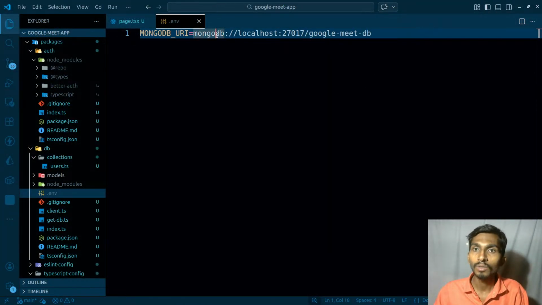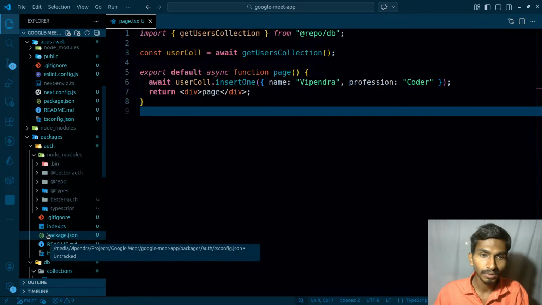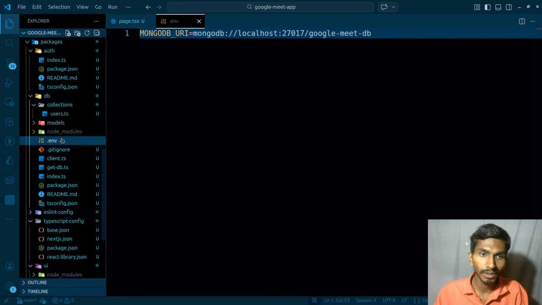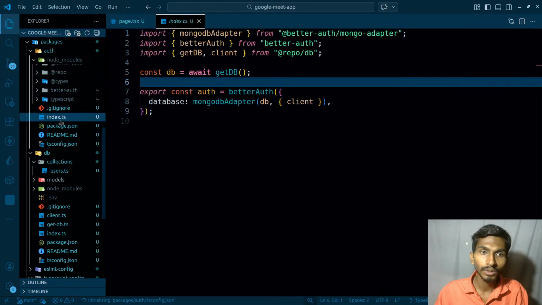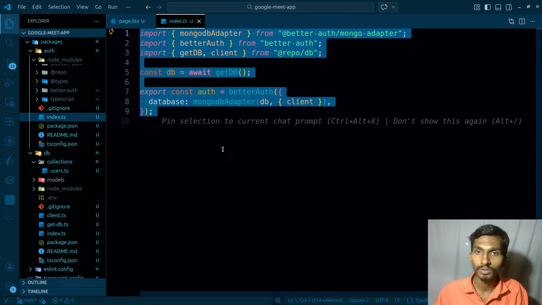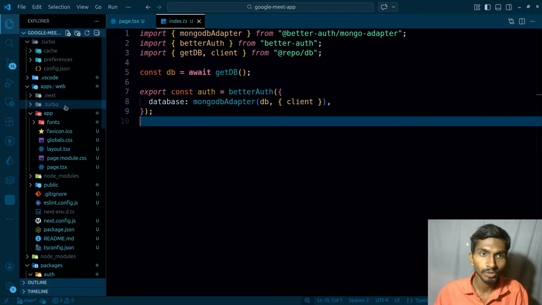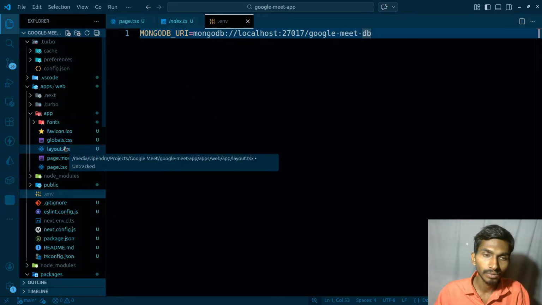So we have this MongoDB localhost 27017 Google Meet. Hopefully it's gonna be working. And when it comes to this, I'm gonna be copying this .env file, and inside betterauth, what am I doing? Inside betterauth, I'm using this BD and all, and okay, that's fine. Apart from this, I need to go to the web, and inside this I need to paste this. Once it is pasted, now I can actually